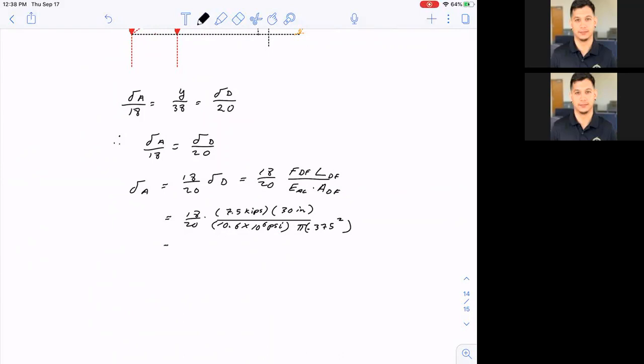So when we calculate all this, we'll get the deformation or the deflection at A will be equal to 43.2 times 10 to the 3rd